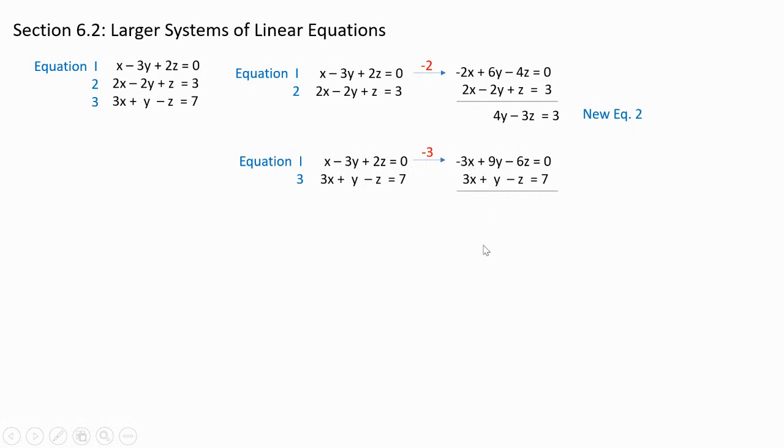It's going to cancel. Y is going to be eliminated, but we're going to get 10y minus 7z equals 7. This will be my new equation 3. Now I'm going to get these two equations, right? And then I'm going to get rid of the y's. That's the plan. Okay, so here there's no easy way to do it, but anyway, here guys, you multiply 20